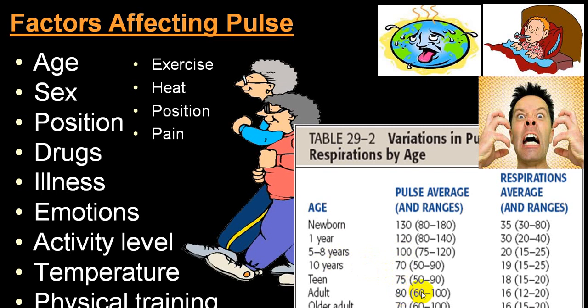And if you look at the range, in adult it is between 60 to 100, while in children it is 80 to 140, or 75 to 120 when the child is between 5 to 8 years age. So with age it changes. Older the individual, the pulse rate range becomes same 60 to 100, but there will be little decrease in the average, that is around 70. In female, usually the rate is little less as compared to male.